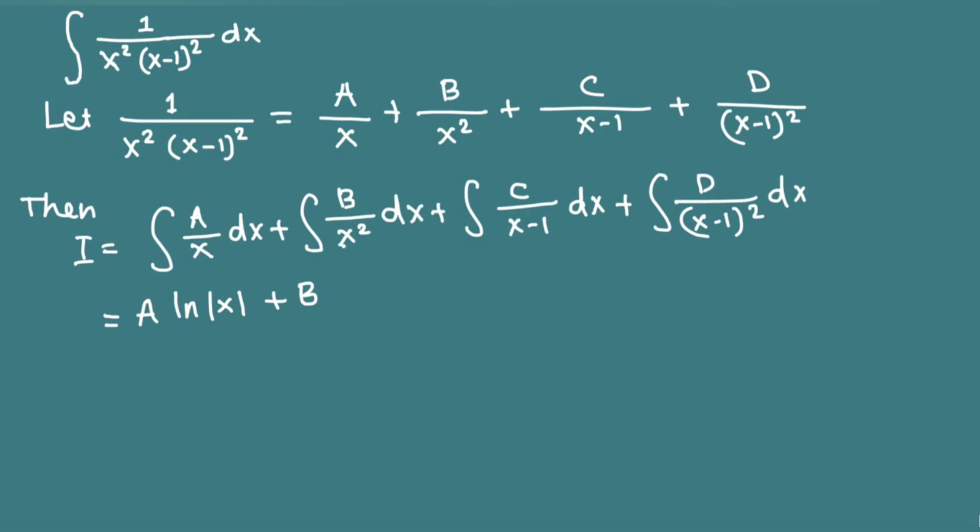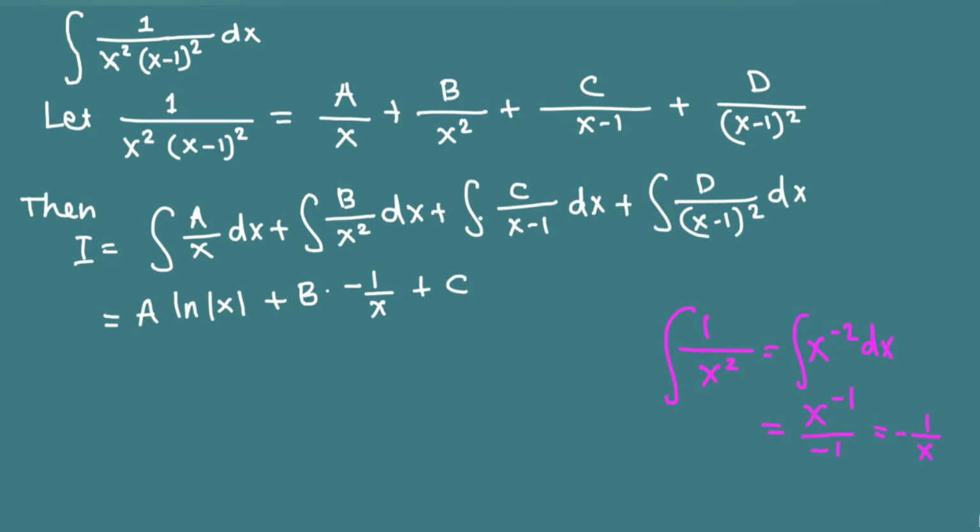1 over x square, when we pull it to the top, becomes x to the negative 2, and using the power rule, x to the n plus 1 divided by n plus 1, which gives negative 1 in the front, x raised to negative 1, which is the same as 1 over x, so negative 1 over x. So b outside times the integral of 1 over x square, which is negative 1 over x, plus c, a constant, outside,